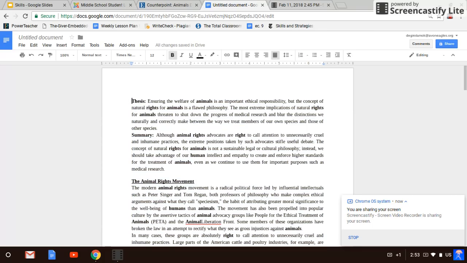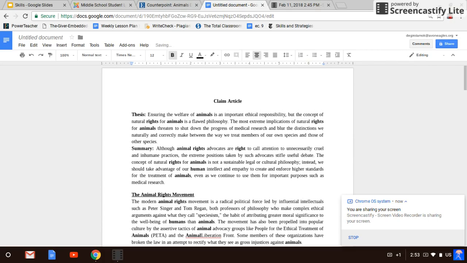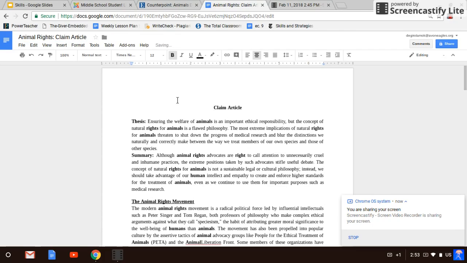Okay, then I'm going to put up here, instead of putting the counterpoint article, even though it is the counterpoint article, remember, this is my claim, so I'm going to put claim article and hit enter. Then I'll write animal rights, oops, not tights, animal rights, claim article. You're going to want to go back and do the works cited page, and then you'll be all set. So works cited,